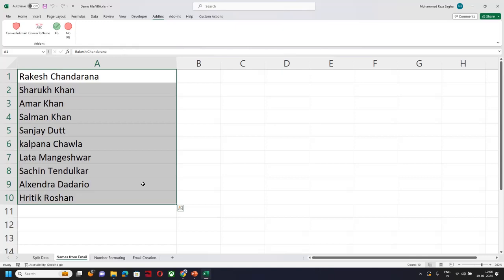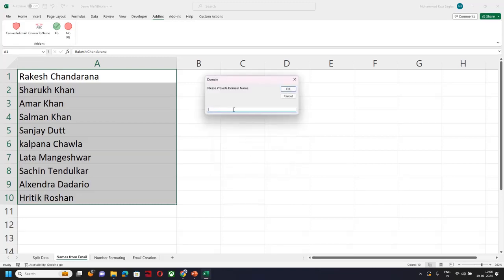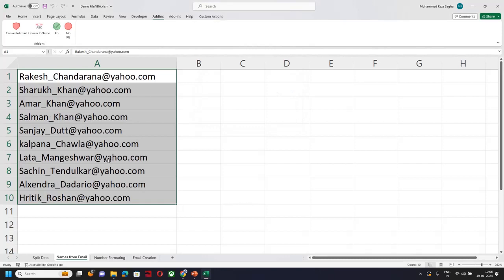But let's say you know what you need to do for your company. Then you don't have to have all those pop-ups and everything. All you need to do is just click on a button and things will work, right? For example, now that I converted it to names, I can convert them back to email. Same procedure, I'll provide the domain name and add the separator and they'll be converted back, right? Of course, we can do it with a formula, or even with Find and Replace, or Control H as we call it, but that will take some time, right? This will be faster.